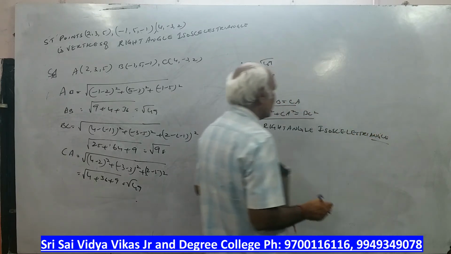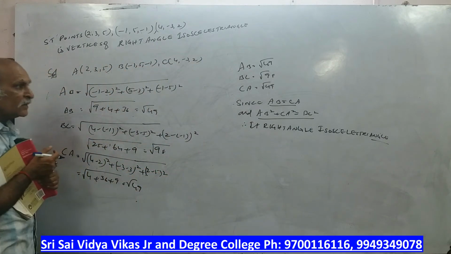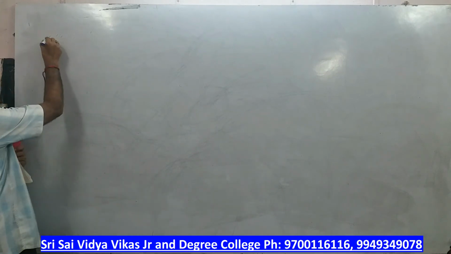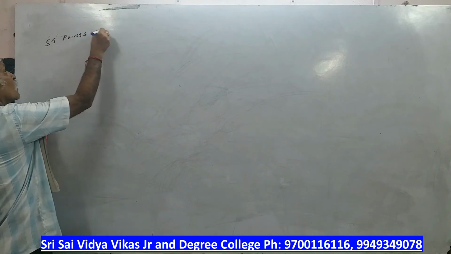Two sides are equal, and the sum of the squares of the two sides is equal to the square of the third side. So it is a right-angled isosceles triangle. Okay. Next, show that the points (1, 2, 3),